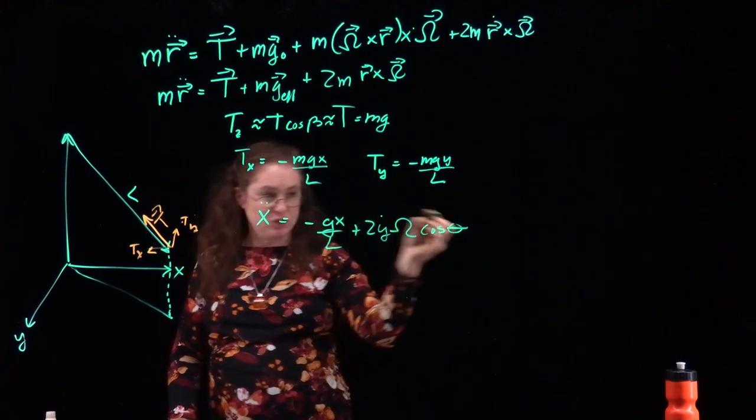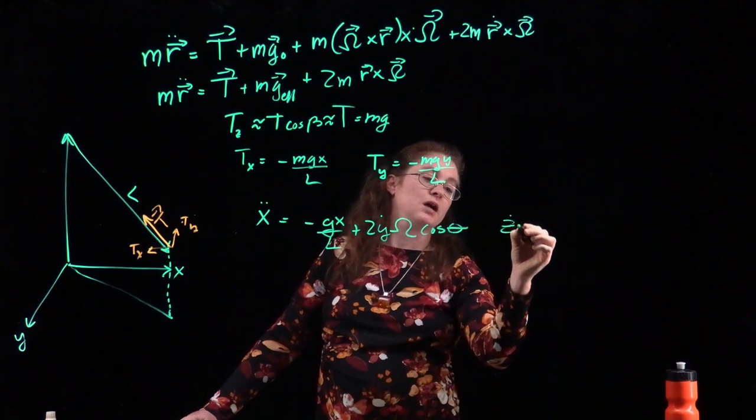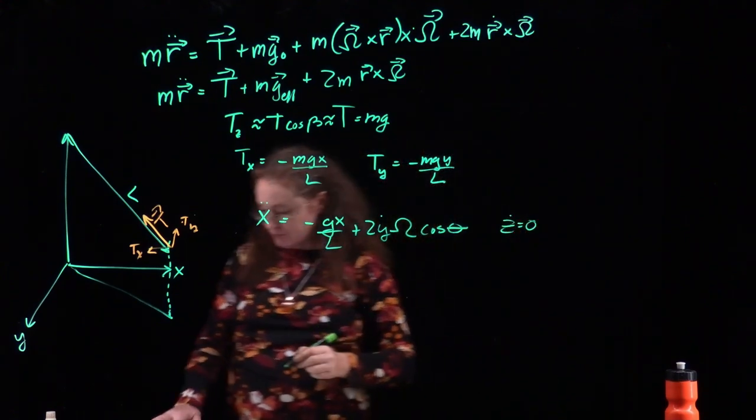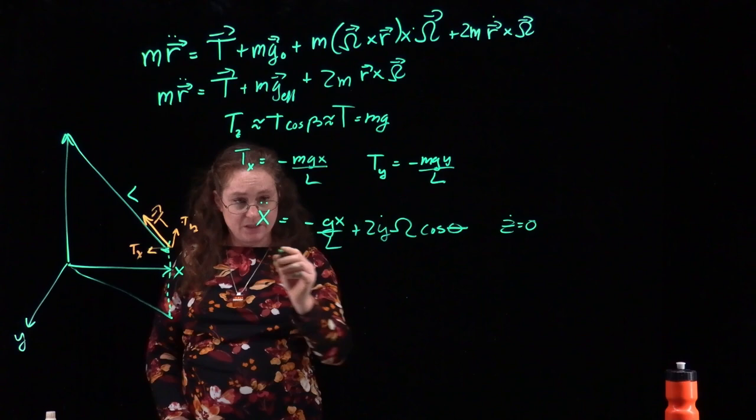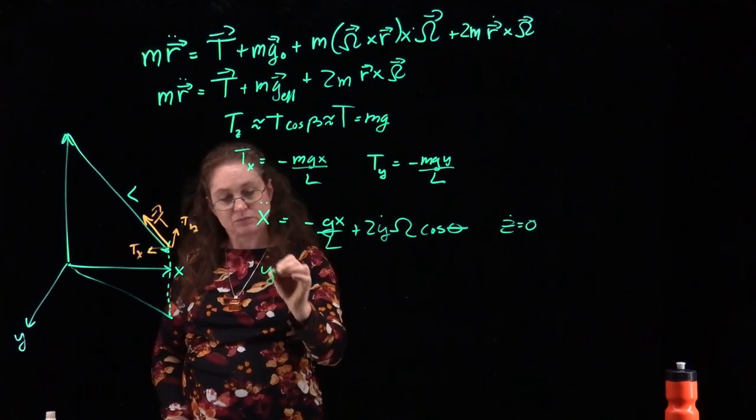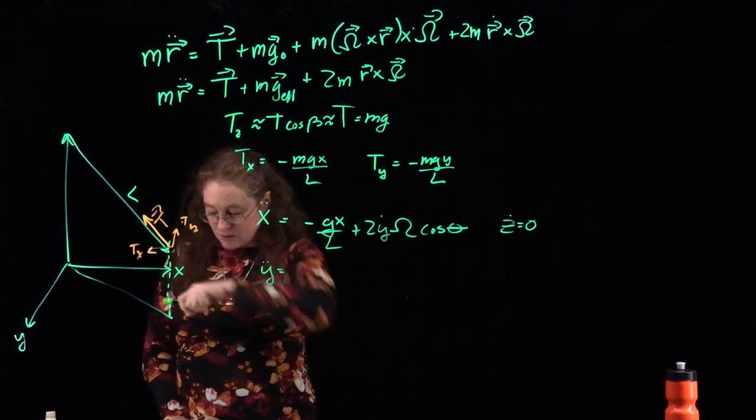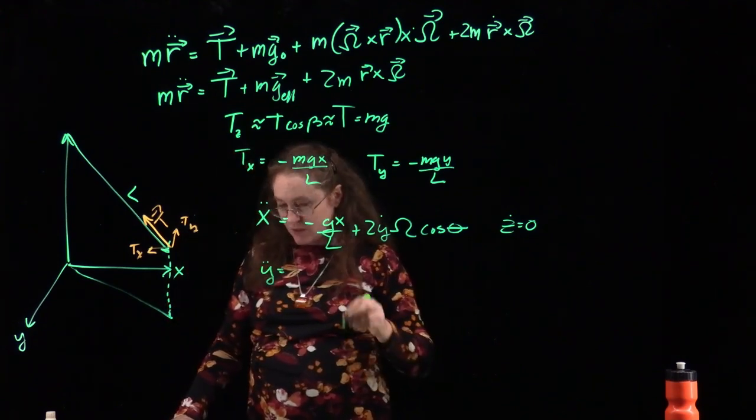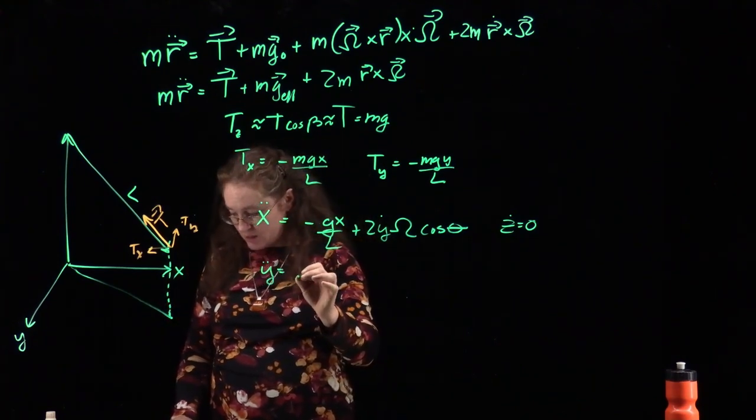I have then assumed z dot is roughly equal to 0, so my z dot term goes away. Y double dot is then,